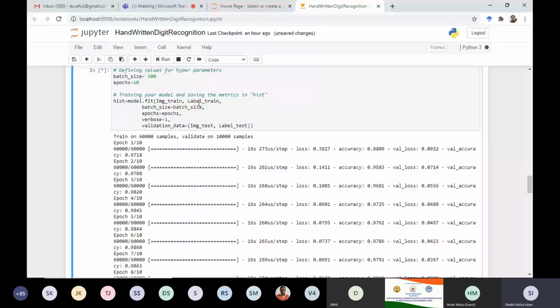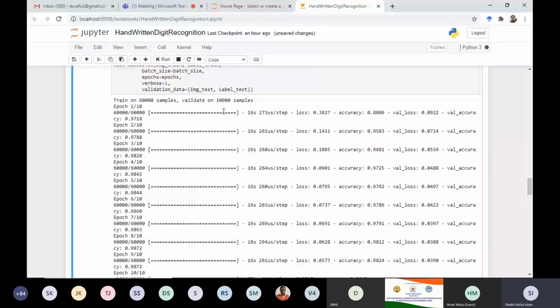Another small portion will be used for validation. Another small portion will be used for testing. Now, what is the difference between validation and testing? During training, we parallelly validate or parallelly test our model, and that is nothing but validation.